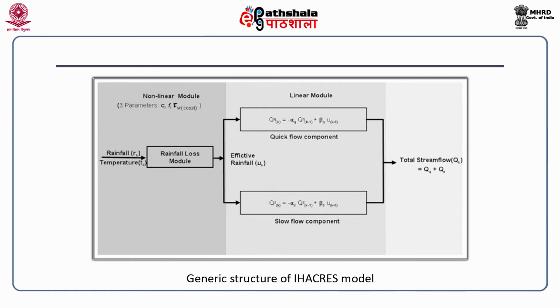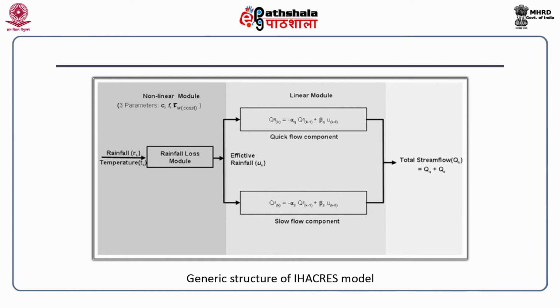If the precipitation or the rainfall happens to be R, then the rainfall which is able to generate surface flow, as in surface runoff, will be 0.8 R, that means 80% of the rainfall that has actually fallen, or 70% or 60%, is what gets converted, and that is what results in the quick flow component. The quick flow component is again explained in terms of a linear model, and then we have a slow flow component. This slow flow component happens to be the base flow. The two of them added together give us the stream flow.